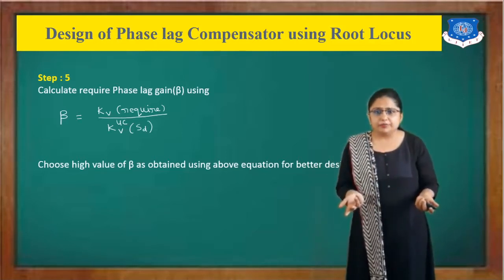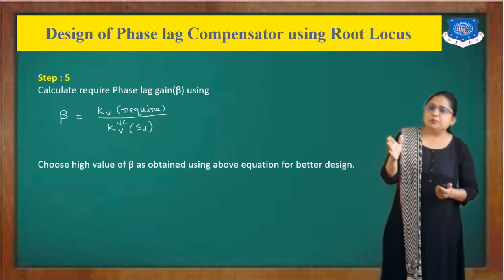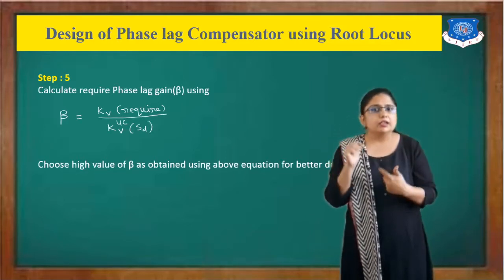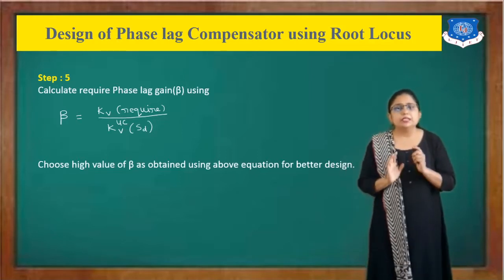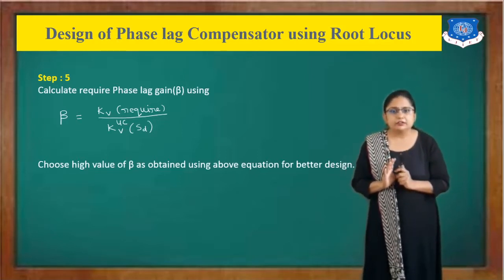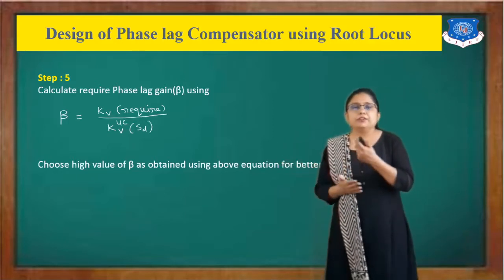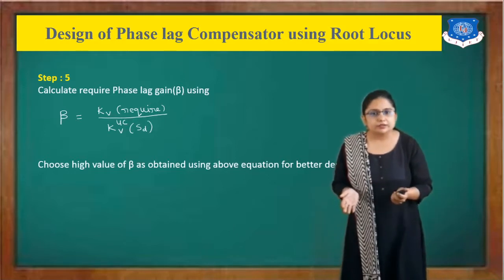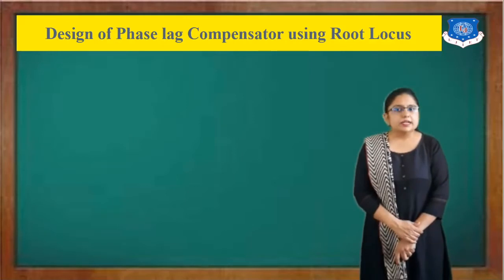that is 10. So here, one standard process: if your beta is between 1 to 4, then we will take beta equal to 5. If the value of beta is between 6 to 9, then we will take beta equal to 10. Alright? But that is up to you. For example, if your beta is 7.5 and you want to take 8, that is alright. Now, step number 6.